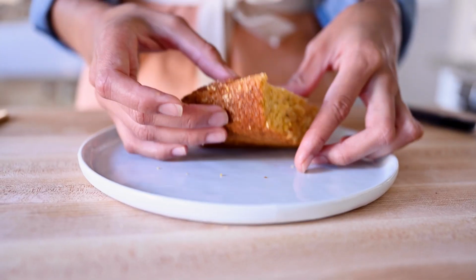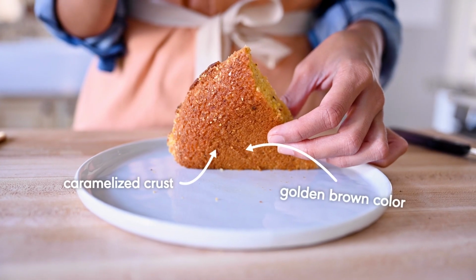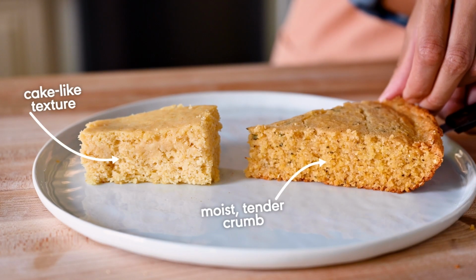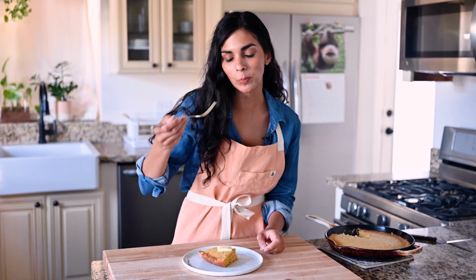As you can see, my cornbread has this beautiful crispy crust, a deep golden brown color, and the texture is not like a cake, but it does have a moist, tender crumb. Get in there. I think this is freaking delicious,